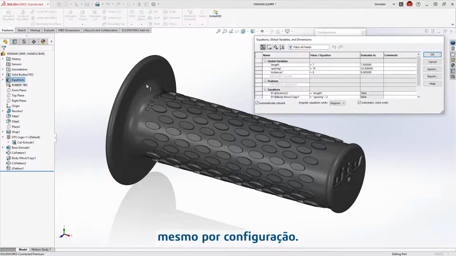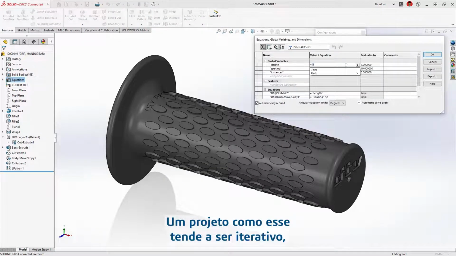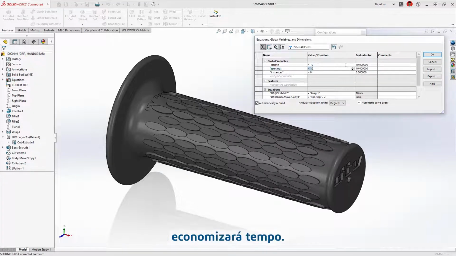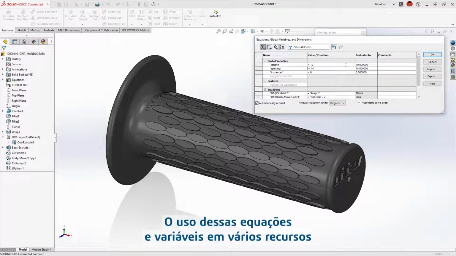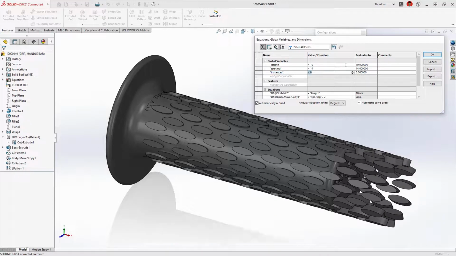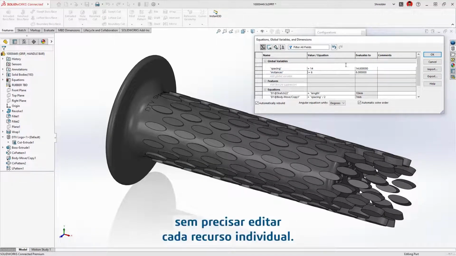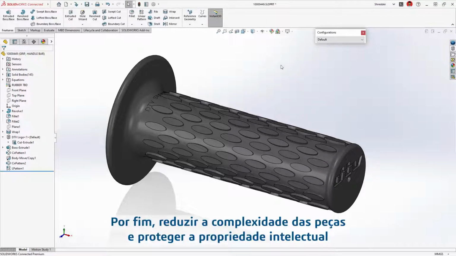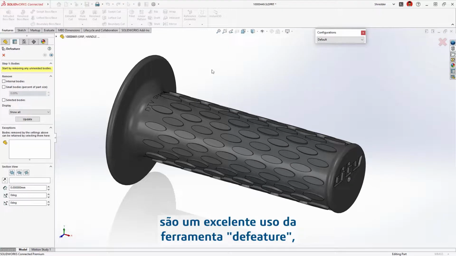a per configuration basis. A design like this tends to be iterative, so having convenient access to these parameters will save time. Using these equations and variables in several features allows us to make broad changes without having to edit each individual feature. Finally, reducing part complexity and protecting intellectual property are a great use of the defeature tool, but